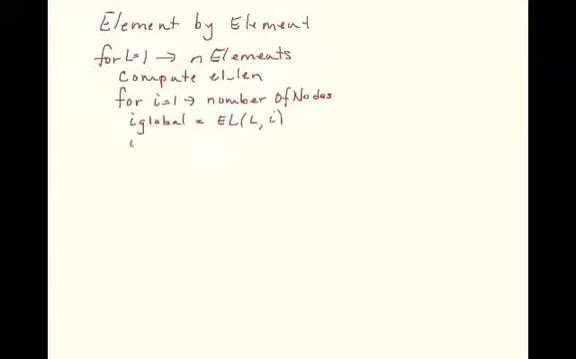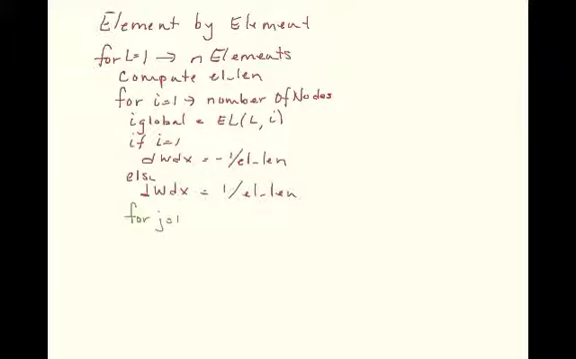And then, just as we had before, if I is equal to 1, then dw dx is equal to minus 1 over ln, else dw dx is equal to 1 over ln. So far nothing's changed in our formulation. Okay, so now let's look at j. This is where things do change, so I think I'm going to put it in a different color just to call it out. Okay, for j equals 1 to the number of nodes, we once again need to compute our